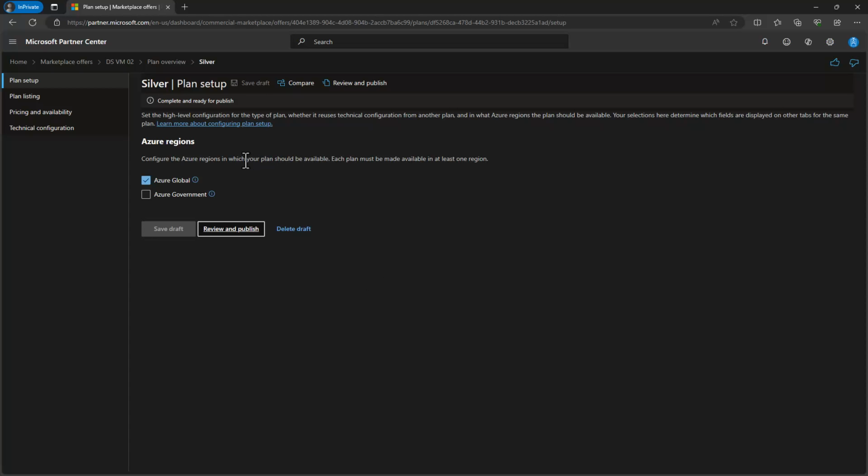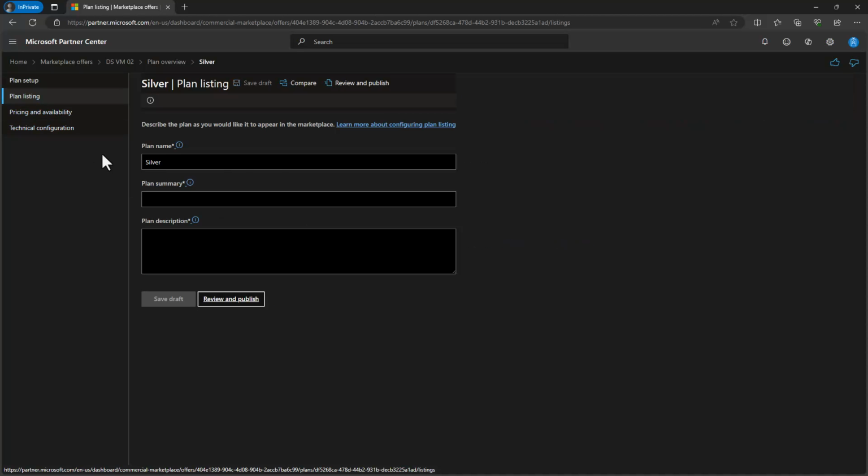and it asks me, first of all, within Plan Setup, if I would like to sell within the Azure Global or Azure Government clouds. I'm going to accept Azure Global. This is the main Azure Marketplace. And because we've made no changes to this page, move on to Plan